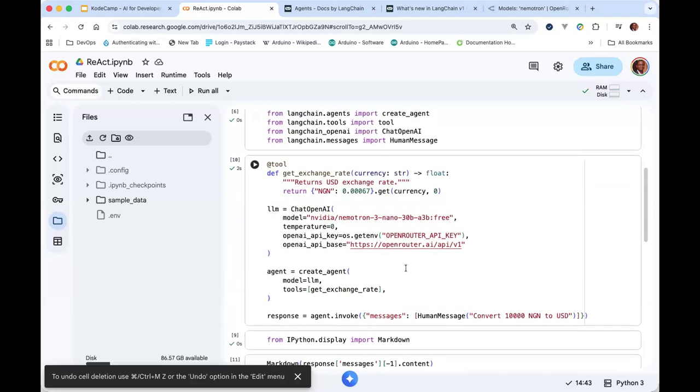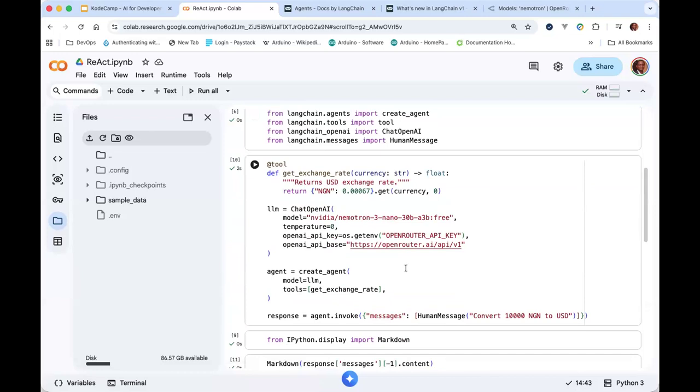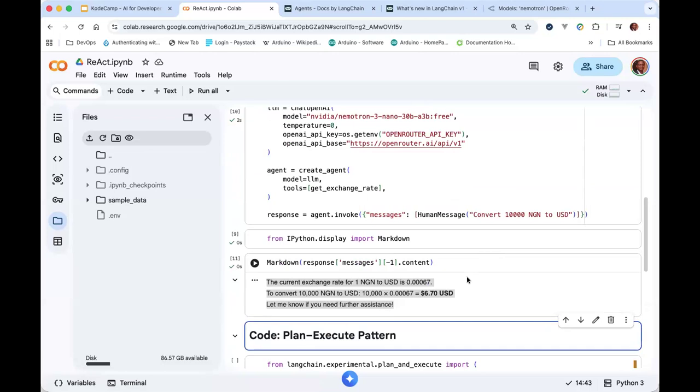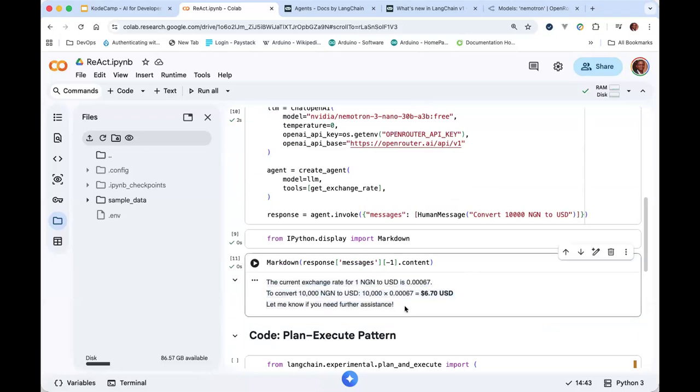Now, the question you will ask is, this was a simple case because it didn't need to loop, right? The agent didn't need to loop. So I'm going to look for a problem, and I'm going to bring up a problem that requires, after the tool call has come back, the agent still needs to maybe do a second tool call, okay? But while waiting for that, I'm going to run